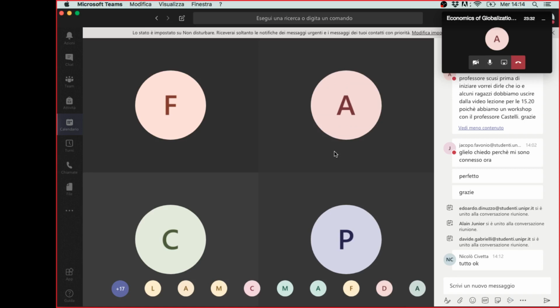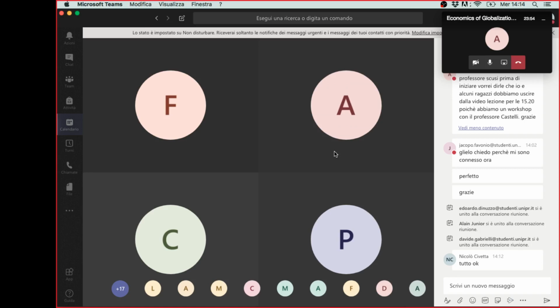Anybody wants to try? Those who are brave enough can just switch on the microphone and speak. Those who are not brave, no, I'm joking. So just to see if we can have a little bit of interaction at least, so that doing this streaming makes more sense if we can have some sort of interaction. So any of you wants to try?